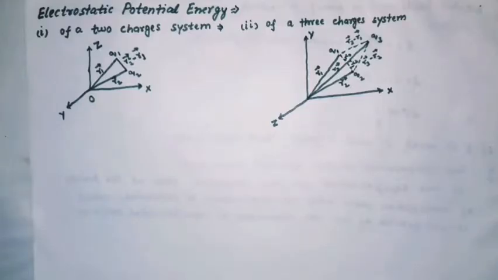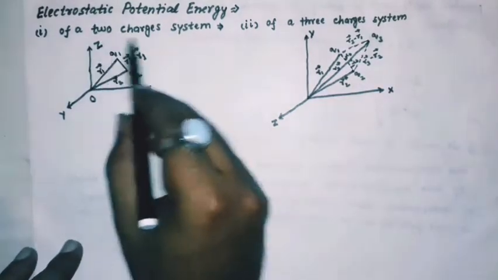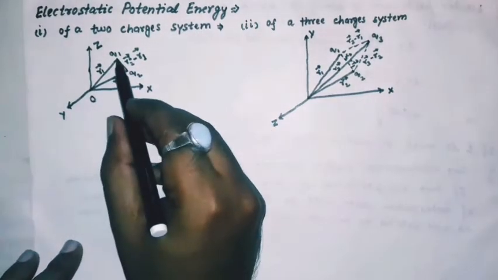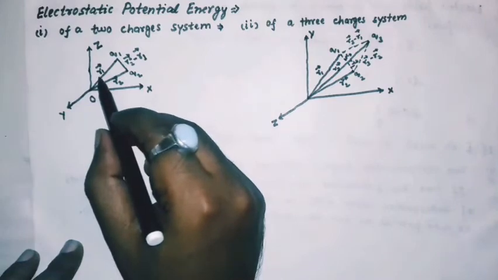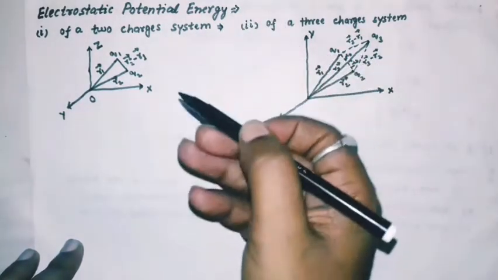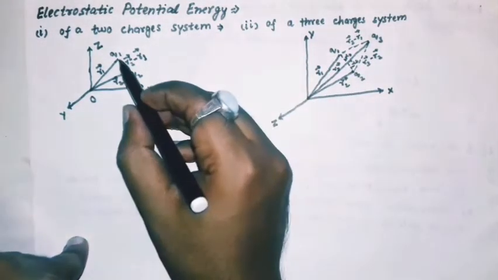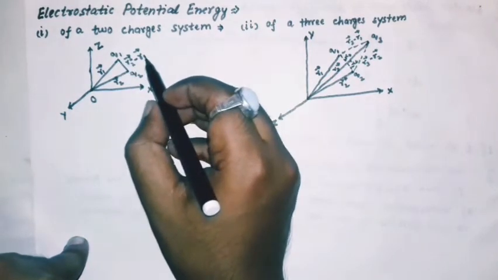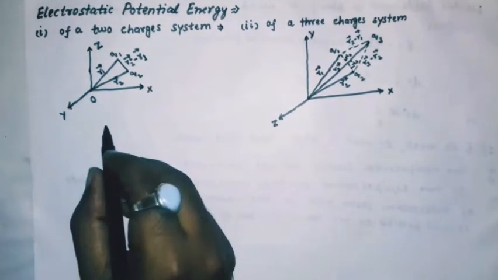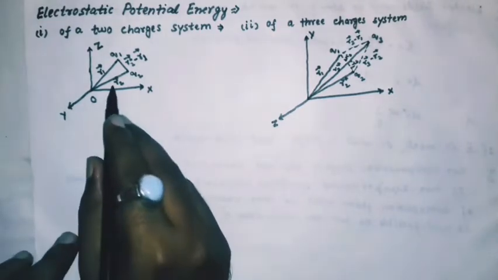Hello students, so today we are going to discuss electrostatic potential energy of a two charges system, a three charges system, and an n number of charges system. So let us consider a two charges system where the charges q1 and q2 are placed at the position vectors r1 and r2 respectively. So the resultant vector will be r2 minus r1,